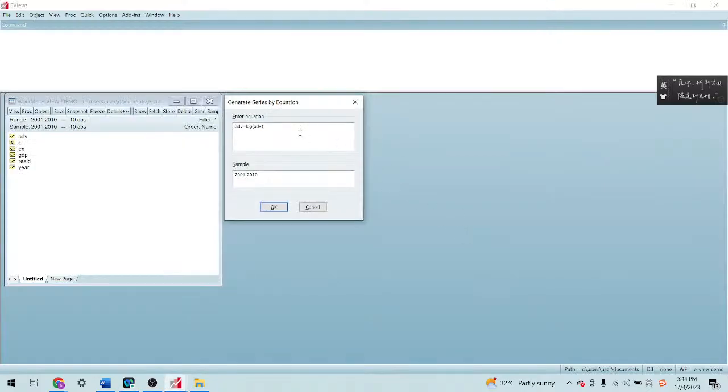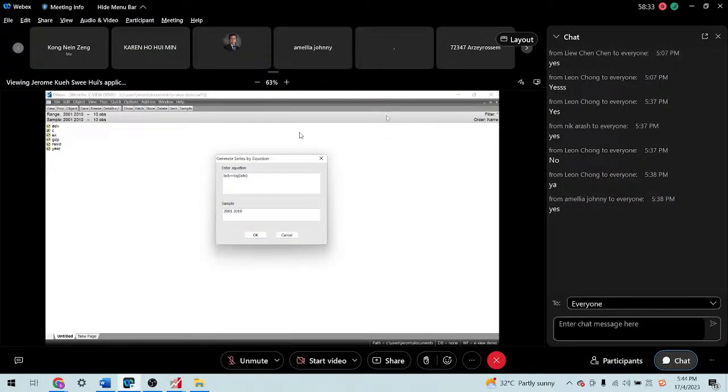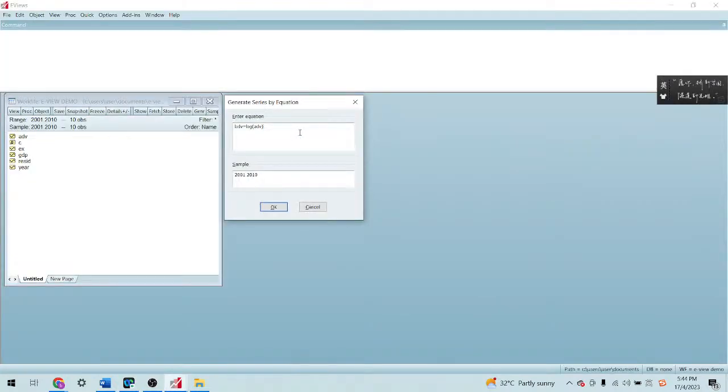Now look at the checkbox. So the left hand side is the L ADV equal to log ADV. I hope that you can see this one.